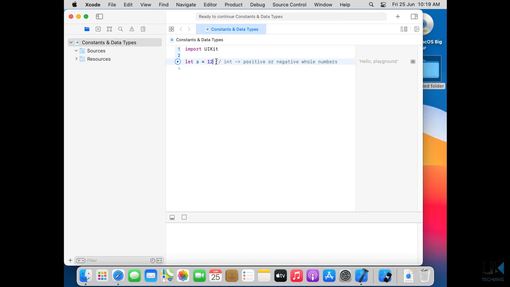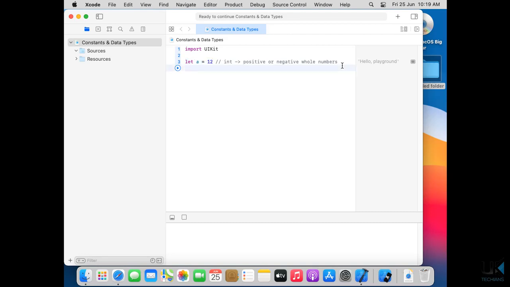If we input a dot and say 0, the data type will be float. So this is the initializing of a constant, and the data type we use here is integer, right?